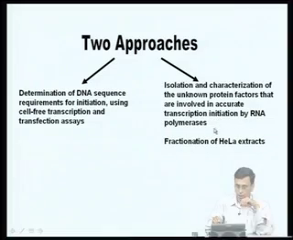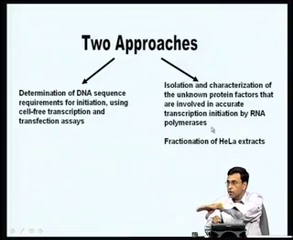That is, unless RNA polymerase binds to specific sequences in the promoter, it cannot initiate transcription. And what are these sequences? Are they similar to what is there in the prokaryotic promoters? So, isolation and characterization of unknown protein factors that are involved in the accurate initiation of transcription by RNA polymerases